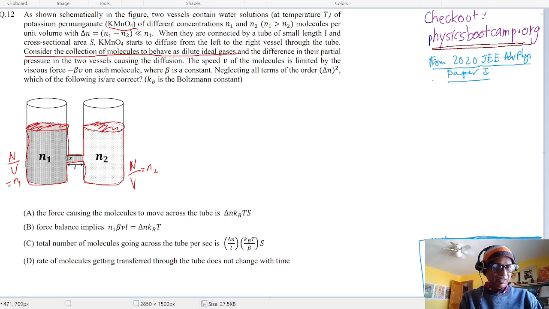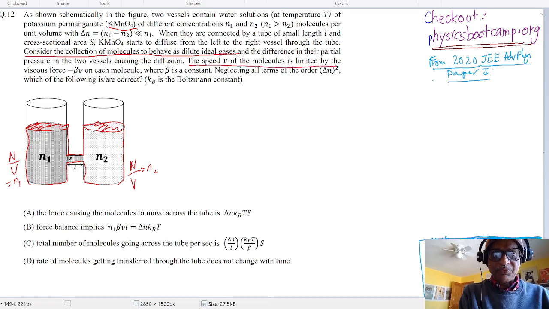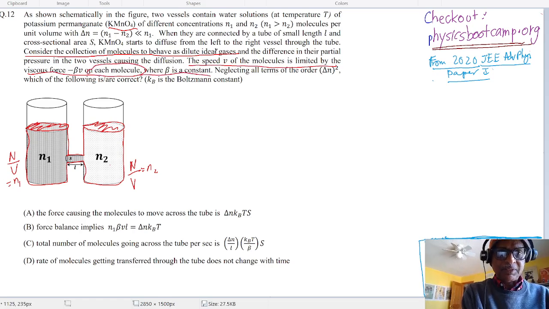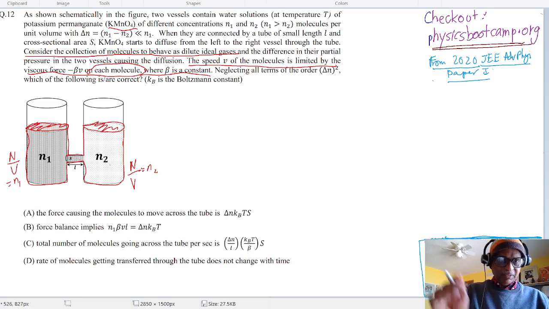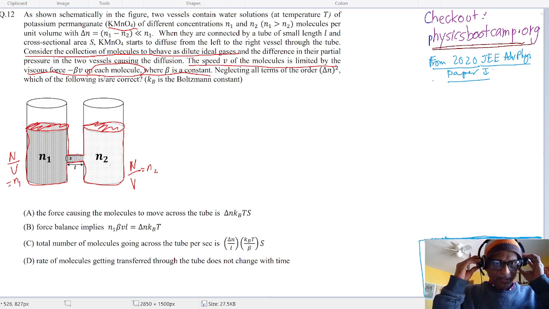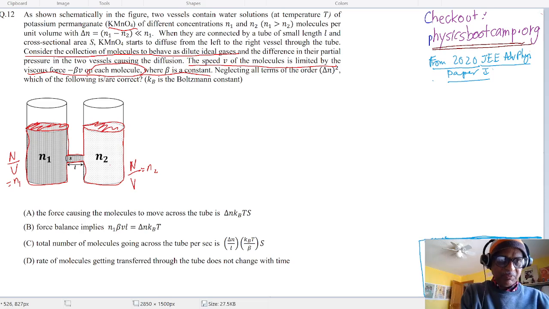That makes a big difference. If it's truly ideal gas, there will be no viscous force, but they want you to think of a viscous force on each molecule when it's flowing. So the gas molecules will flow from higher concentration to lower concentration, but their speeds will be kind of tempered because of viscous force. All right, both of these are at the same temperature,